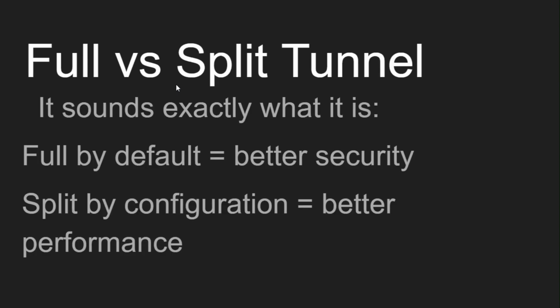But before we do, I want to talk about the idea of full versus split tunnel. Long story short, and it took me some time to realize this, but this was actually on one of the practice exams. The major difference between full and split tunnel comes back to the name of the game. Remember, there is a game that we are playing when it comes to IT: security and speed, speed and security. Now, by default, full tunnel. So remember, if you have a VPN, you basically have your full tunnel, aka your highway lane, that you would start sending your data through. You're trafficking your data with regards to that information.